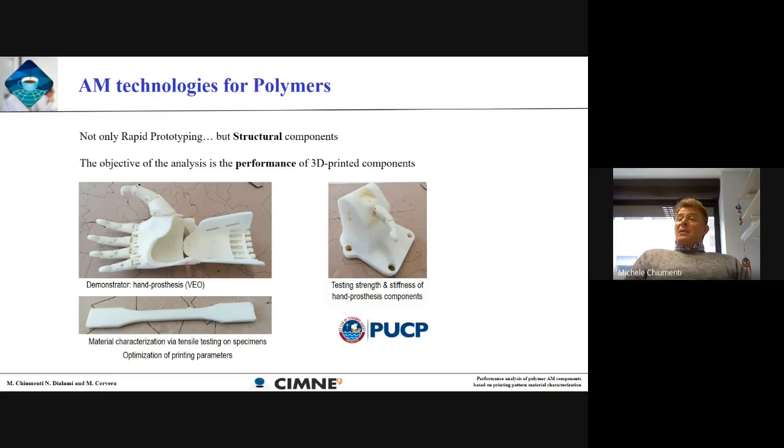So, well, this is the demonstrator. It is a demonstrator coming from a project that we have with the PUC University. PUC means the Pontificia Universidad Católica del Perú. I spent some time there during the last 2 years, just before this wonderful coronavirus. And that was a very nice experience because I could see how this technology can really be employed for